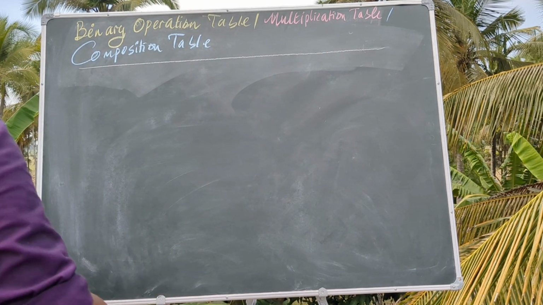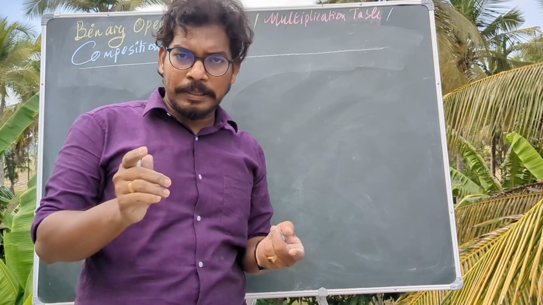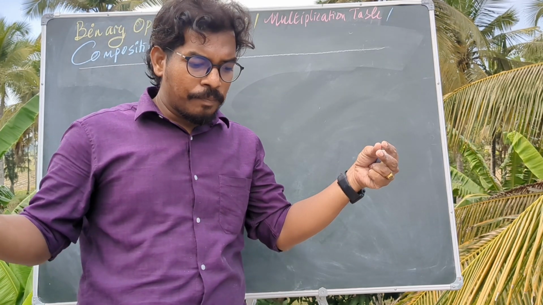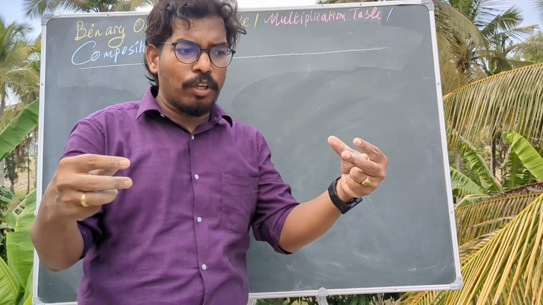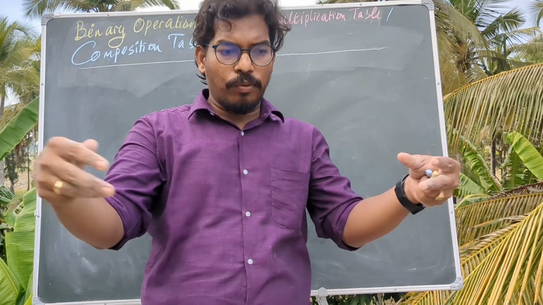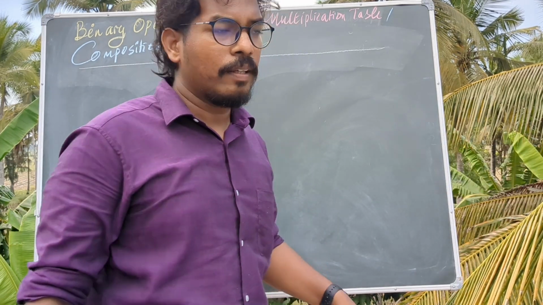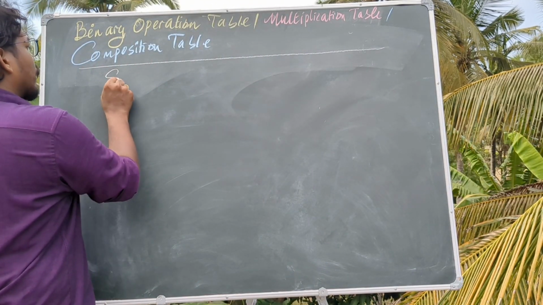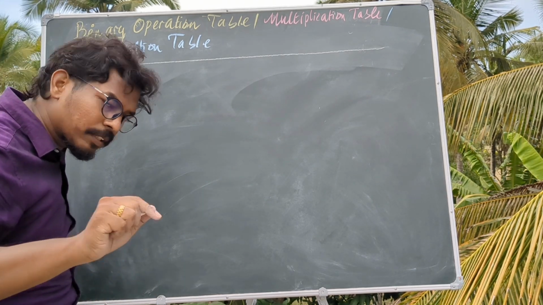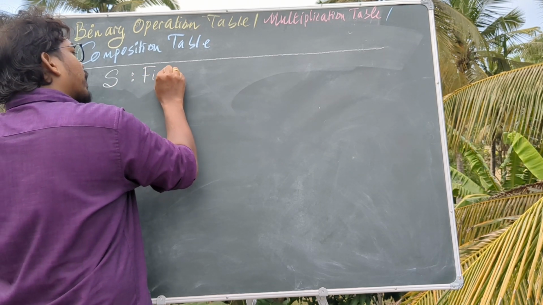So we'll see this. This is actually a visual representation of a set under some binary operation, and in this table we will have every result. When you operate two elements under some binary operation, the result you get, we will see in this table. We will have all results in the table. Let us see, suppose, and this table is only for finite sets. Set must be finite. S be a finite set,